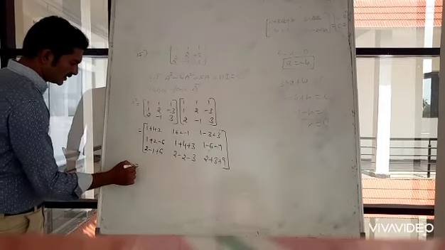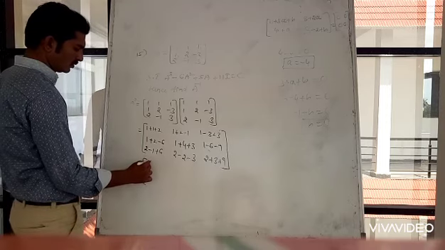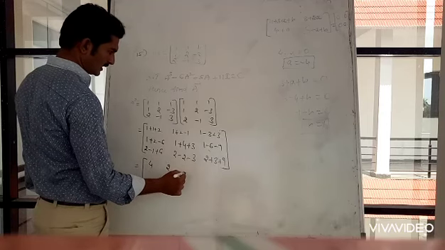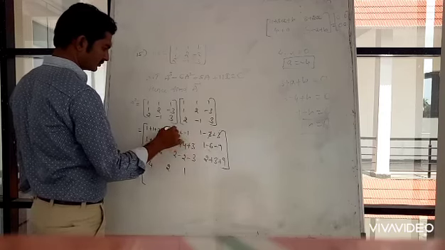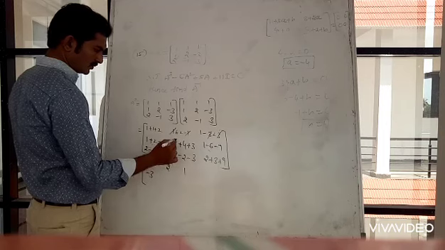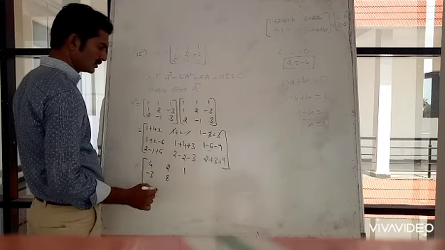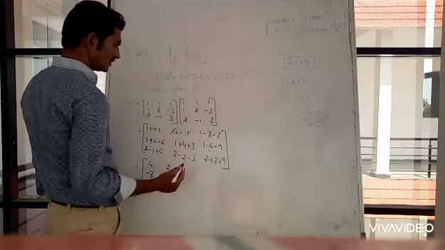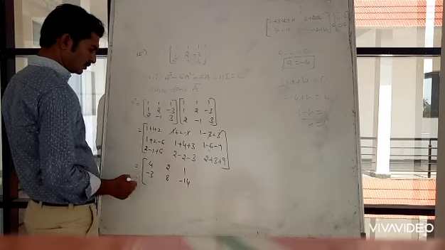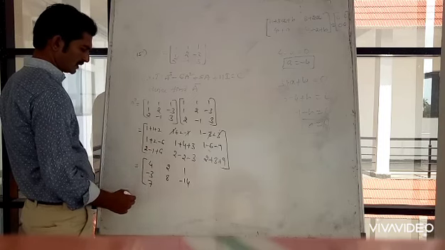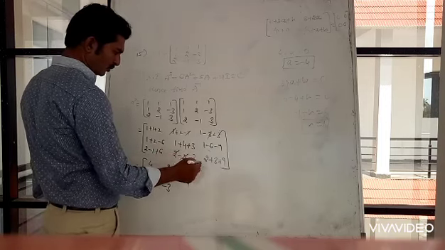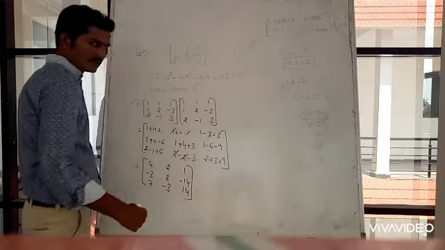So this is A square: 4 plus 1 minus 1 cancel, plus 2 plus 3 minus 3 cancel, plus 1. Minus 6 plus 3 minus 3, 4 plus 3 is 7, plus 1 is 8. Minus 9 minus 6 is minus 15, plus 1 is minus 14. 6 plus 2 is 8, 8 minus 1 is 7, plus 2 minus 2 cancel, minus 3, 3 plus 2 is 5, 5 plus 9 is 14. This is A square.